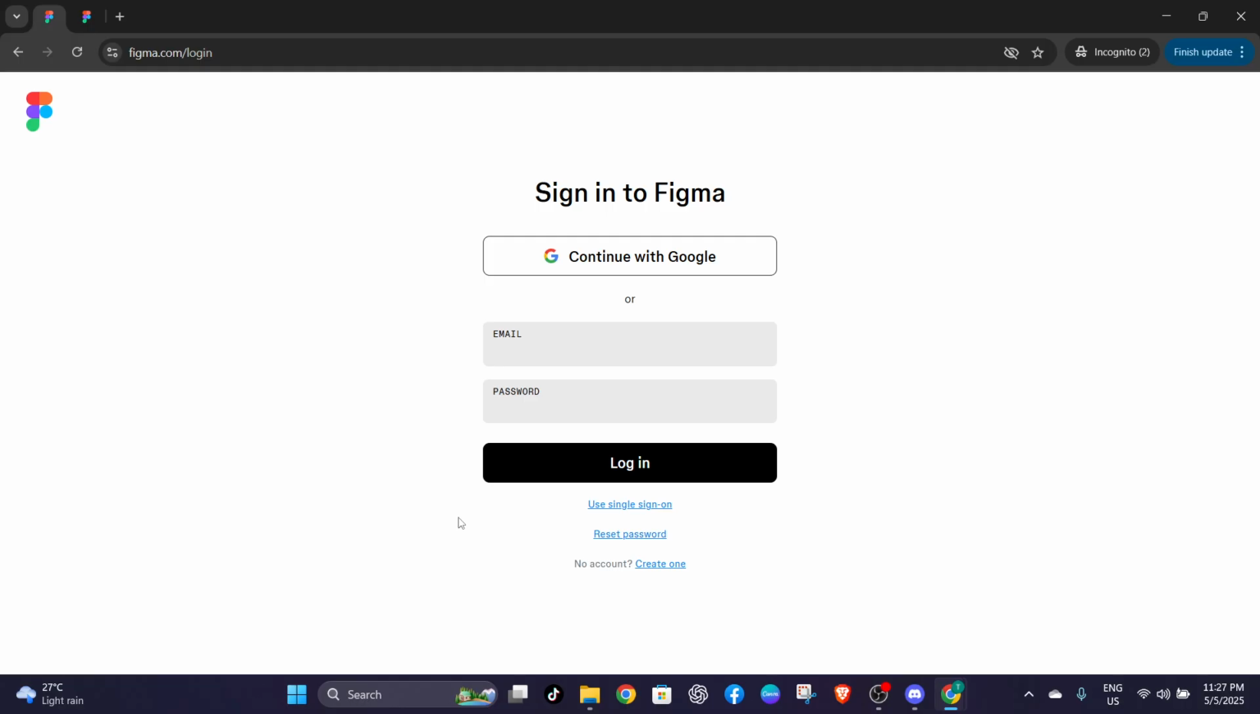Whether you're working on UI, UX design, illustrations, or prototyping, having a local copy of your files can be incredibly useful. To begin, you'll want to head over to